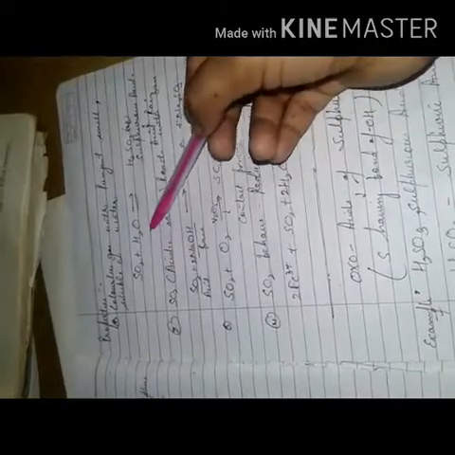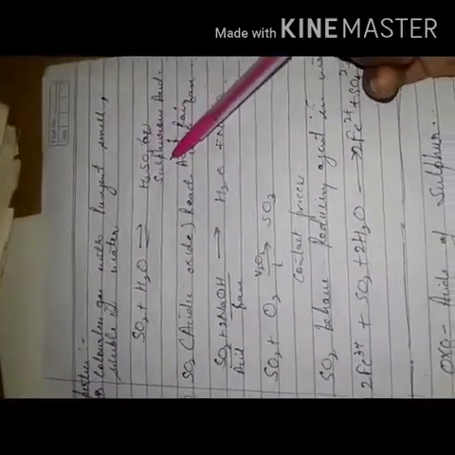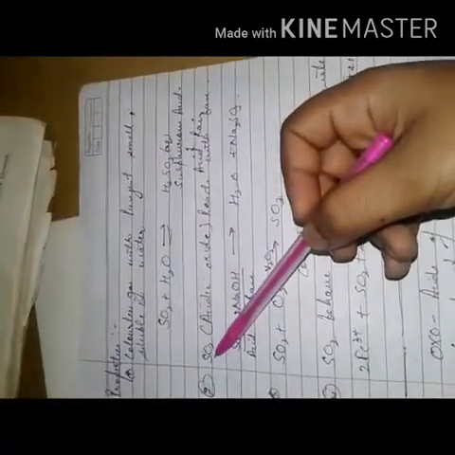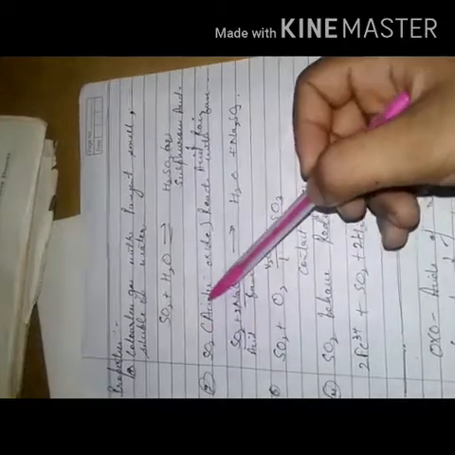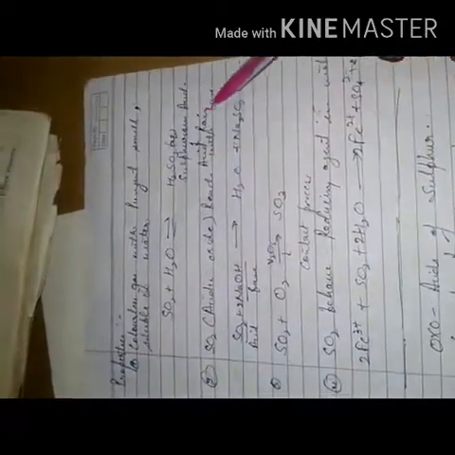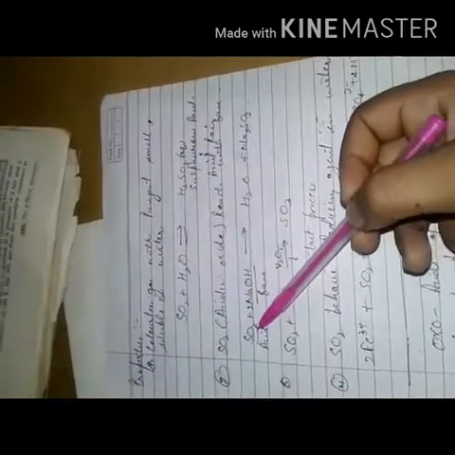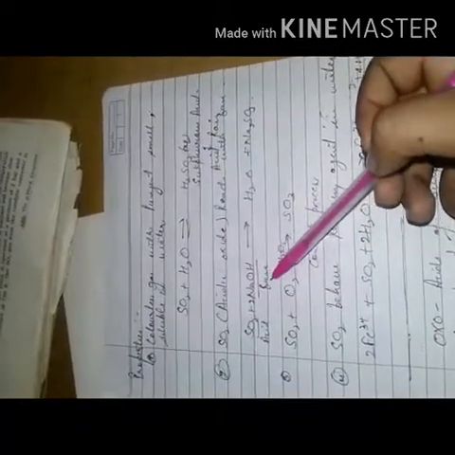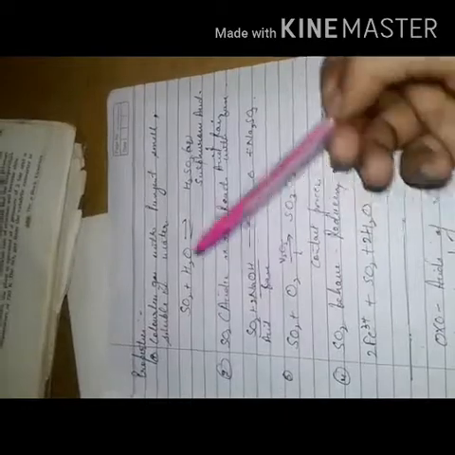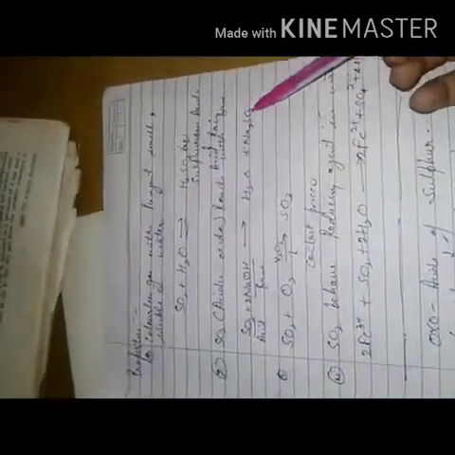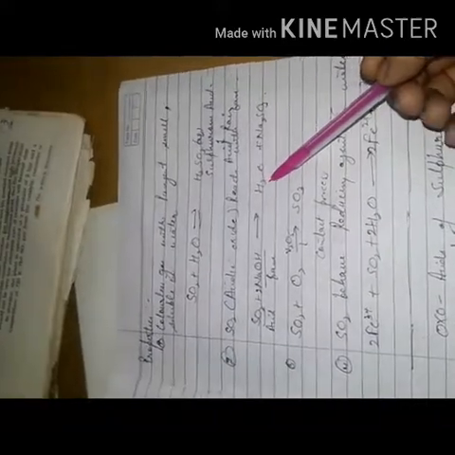Sulfur dioxide plus water gives H2SO3, that is known as sulfurous acid. Since sulfur is a non-metal, its oxide will be acidic in nature. It reacts with a base, because acid can react with a base. So here we have a reaction: sulfur dioxide is the acid and NaOH is a base. We know acid plus base always react to give salt and water. So the salt is Na2SO3, sodium sulfite, along with the formation of water.